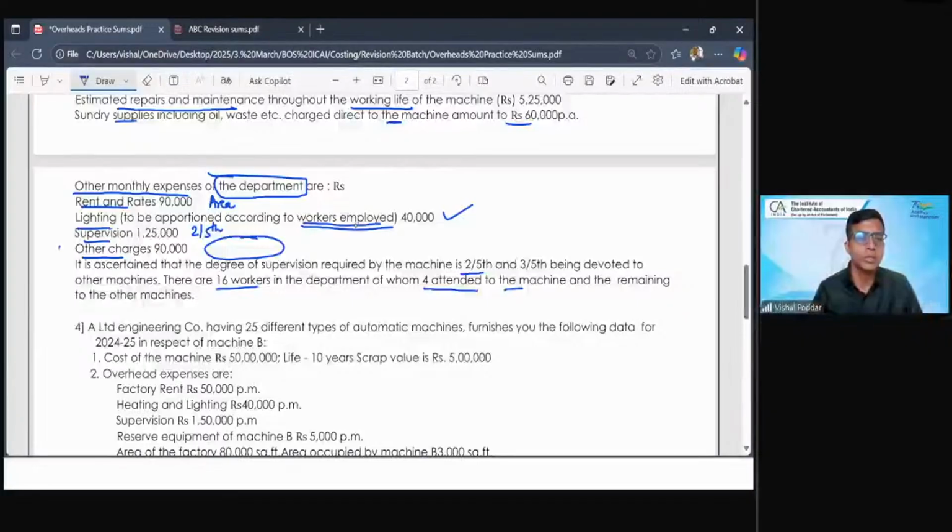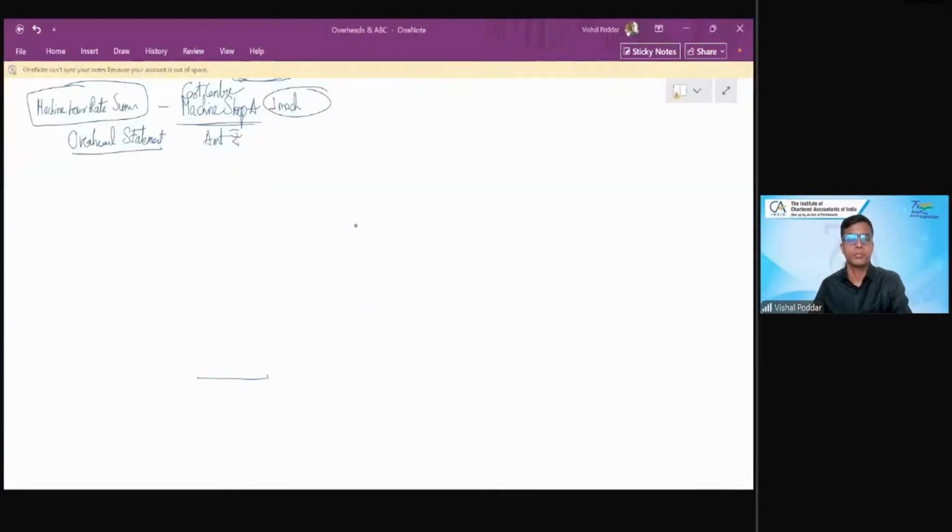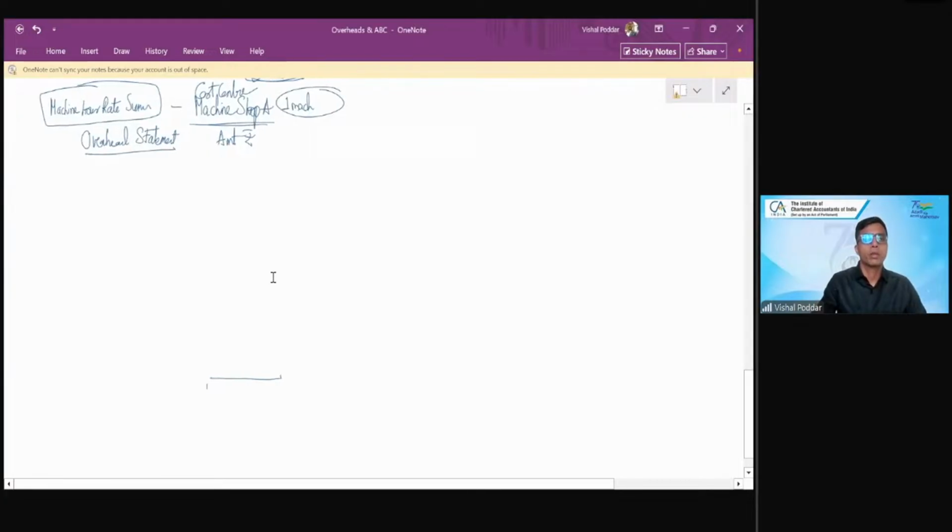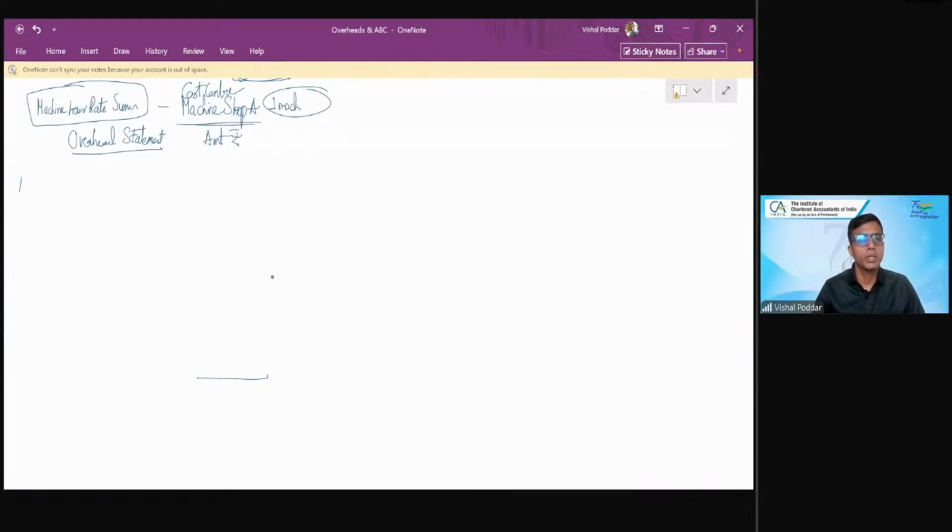Now, only thing which is left is other charges. Now, where nothing is given, we will divide this other charges by the number of machines. Because if nothing is given, we assume that this other charges would be used equally for all the machines. So since this department has 5 machines, we will divide this by 5 machines. So here you have the depreciation of the machine,